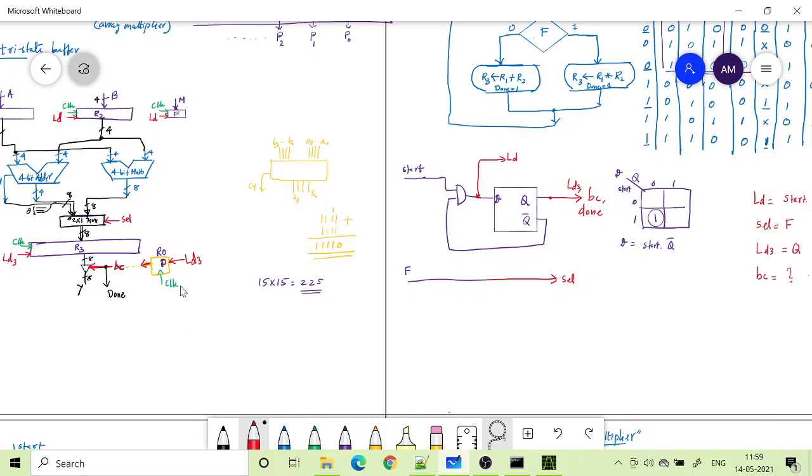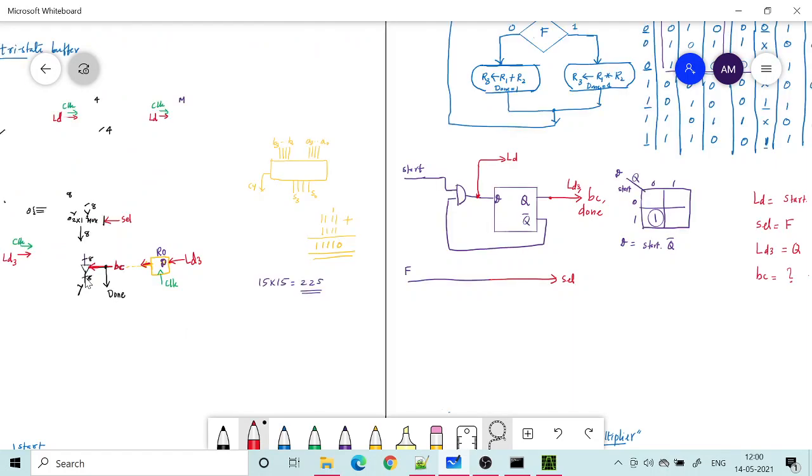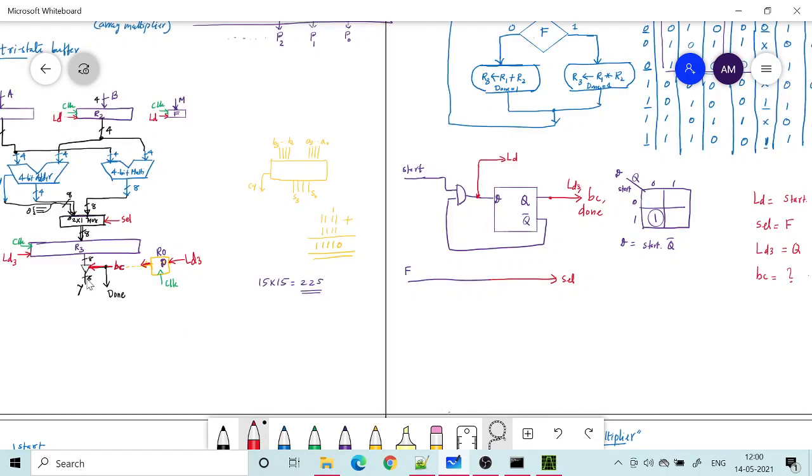But if I give LD3 directly here, whatever was the earlier content will be displayed at the output, because the actual loading of register R3 happens at the next active edge of the clock.